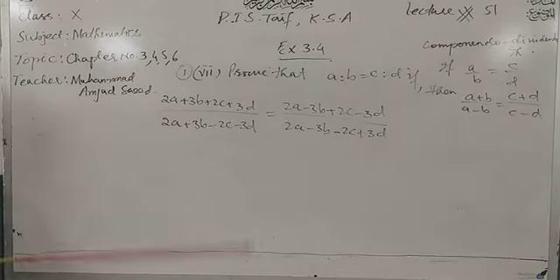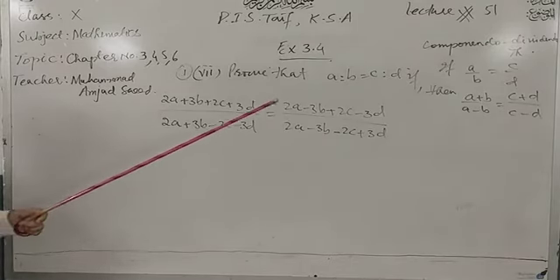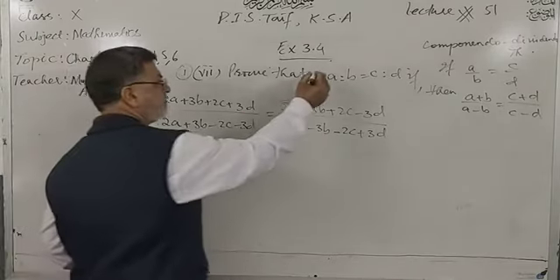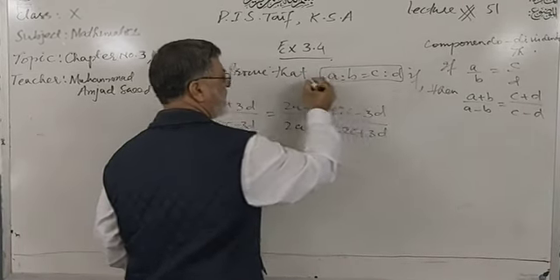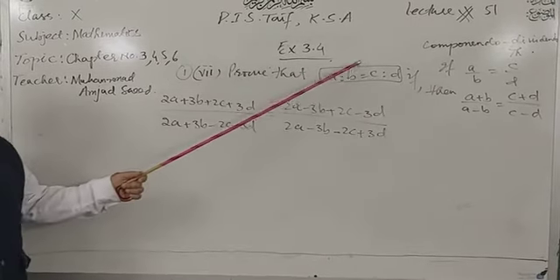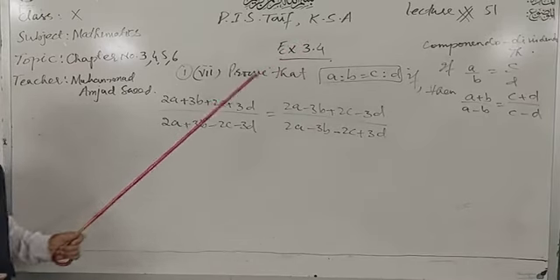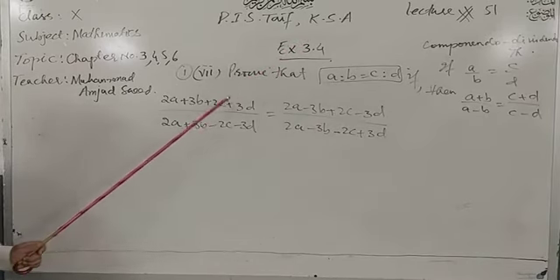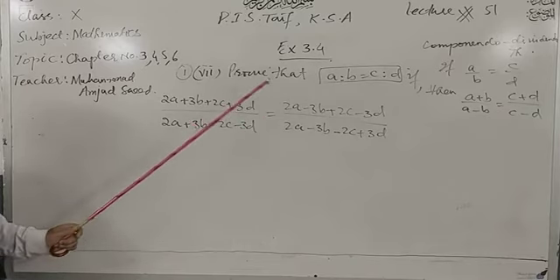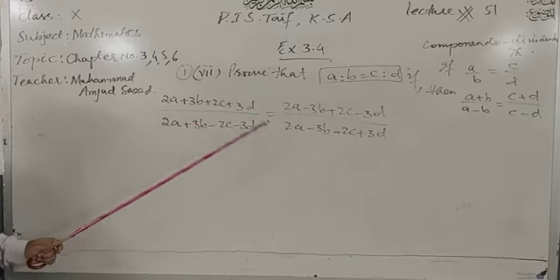Dear students, remember that this is our answer: A ratio B is equal to C ratio D. This is our required answer, and this is given. So by using